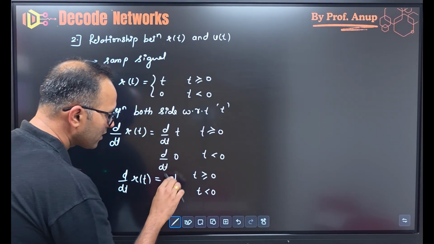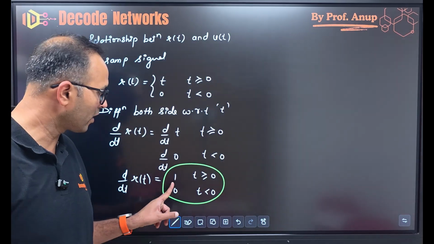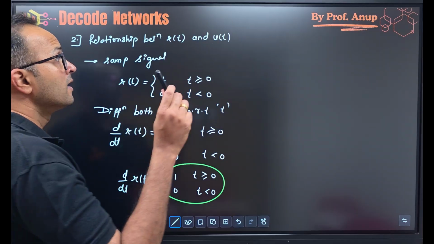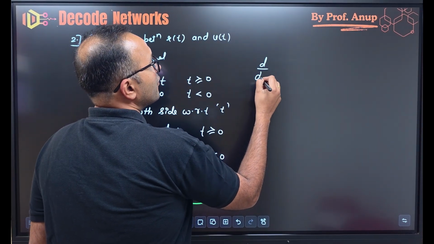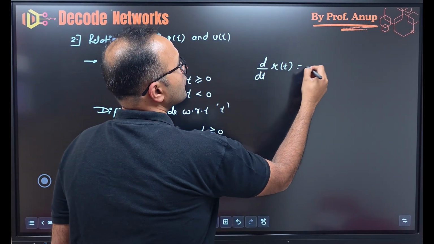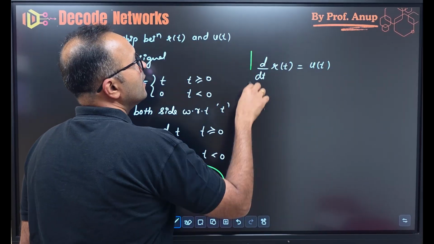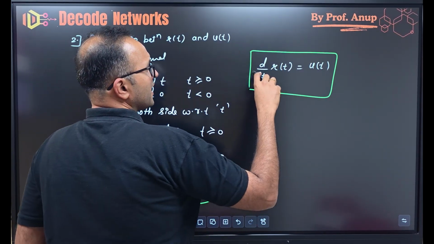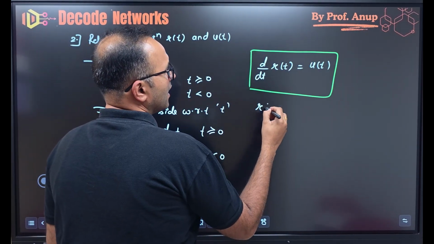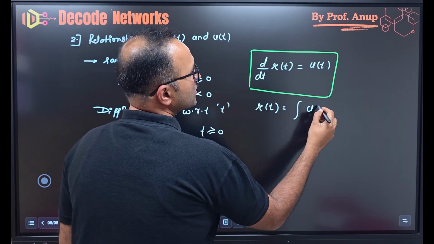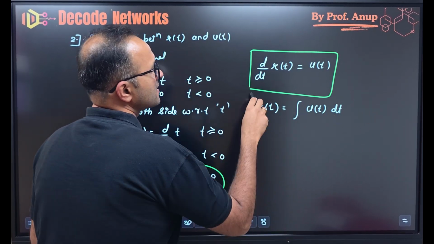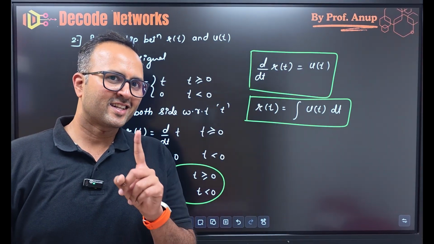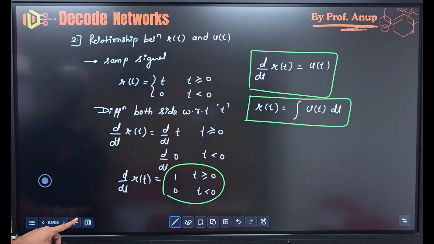Now if you see, students, what is this? This is nothing but the unit step signal. The right hand side of the unit step signal was this, right? 1 and 0. That means when you differentiate R of t, the right hand side you get is U of t. This is the relation. Or else you can say differentiation goes that side: R of t is nothing but the integration of U of t with respect to dt. You can say it in this manner also. Hope you are clear with this first relation. Let's check the next relation, students.